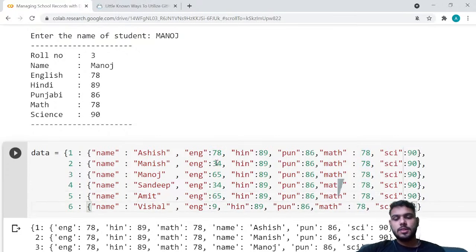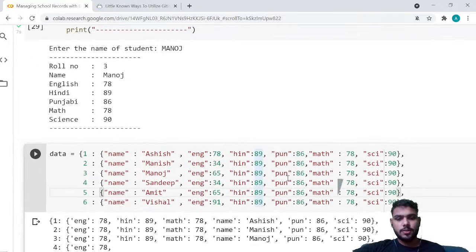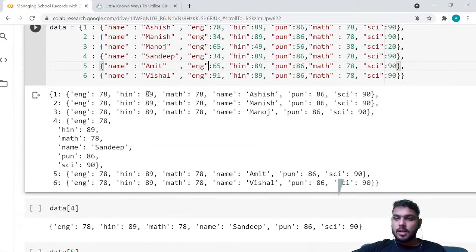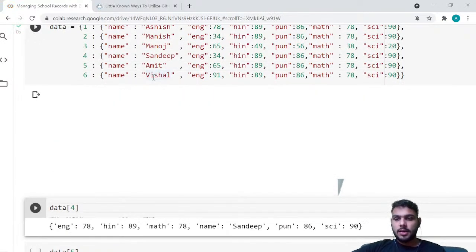Let's suppose these are the marks of a particular student in English, and the rest of the things are going to be the same, because the average will change in each scenario. So if I am executing this and printing my data,